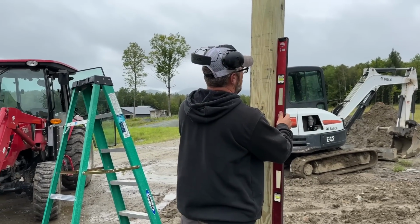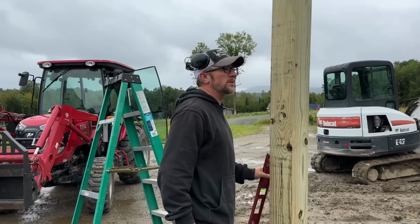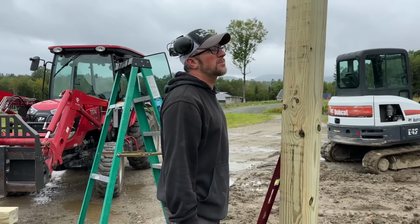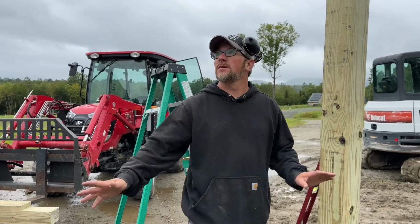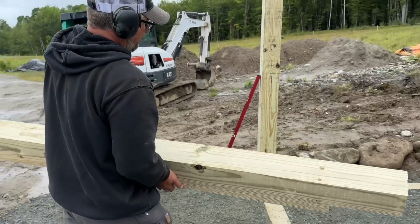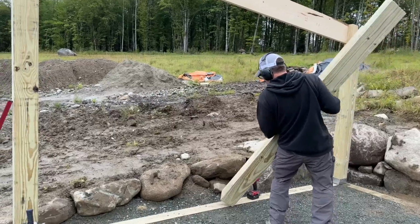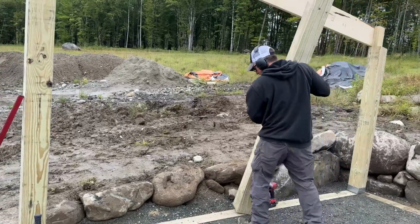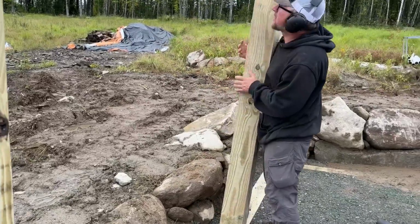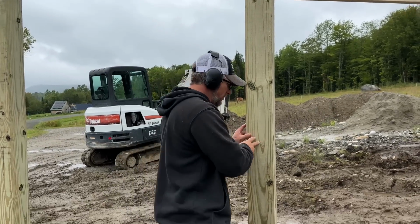All right, these actually plumbed up fairly easy. I just pushed on them a couple of times and it's holding where it needs to be. So I'm gonna set the center post. We'll get that screwed in place. Then we can get the front set. I like it right there. Let me get the bottom toe nailed and...